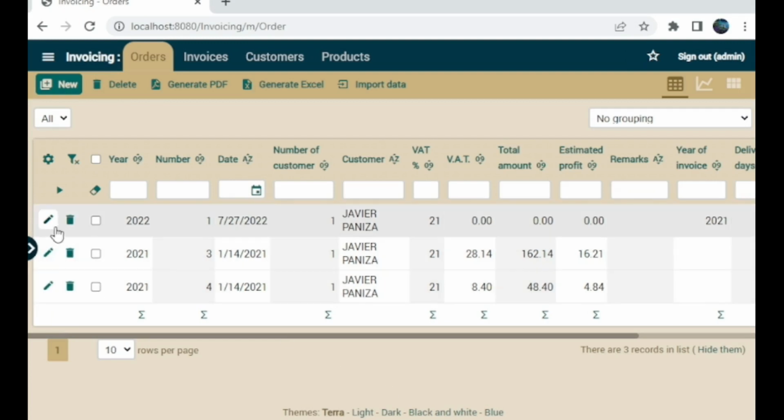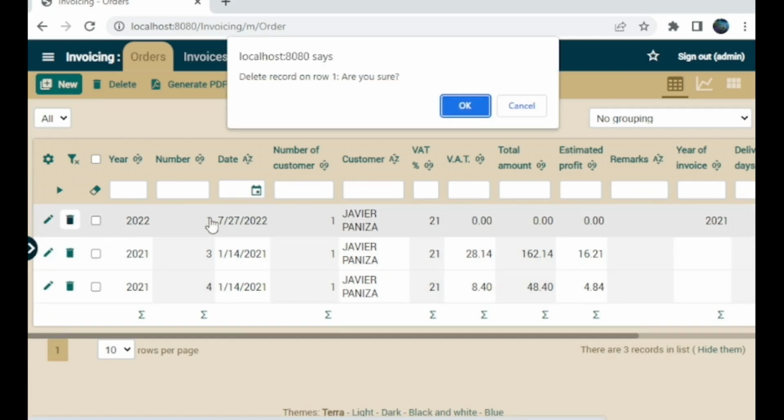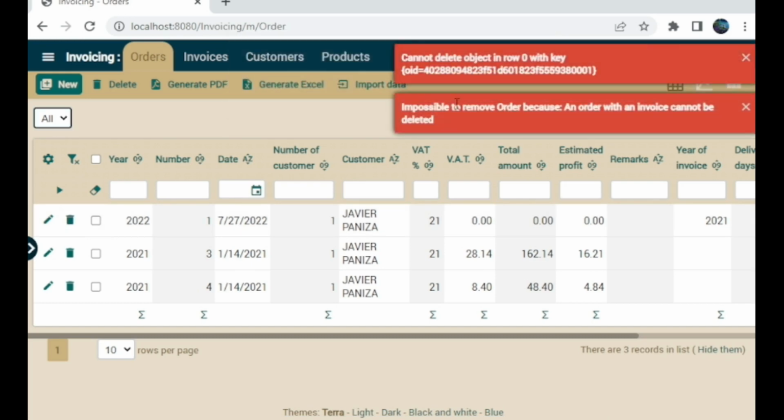So we're going to try to delete the order, and as you see, the same errors are executed. Therefore, we can say that the validation is actually working.